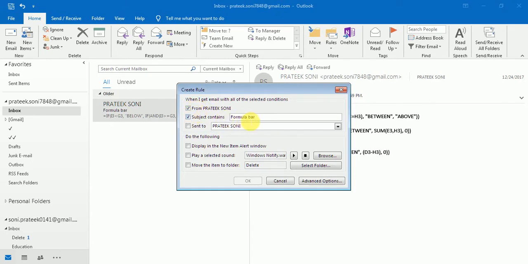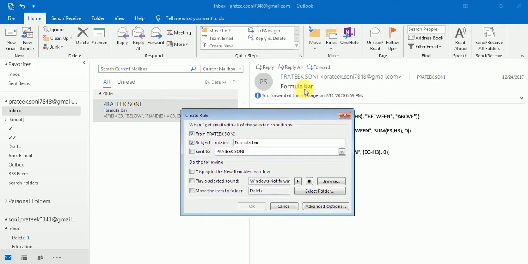Subject contains, in this case it is formula bar. Suppose you are receiving an email having the subject daily files. On this basis you can fill the file name in the subject contains field.